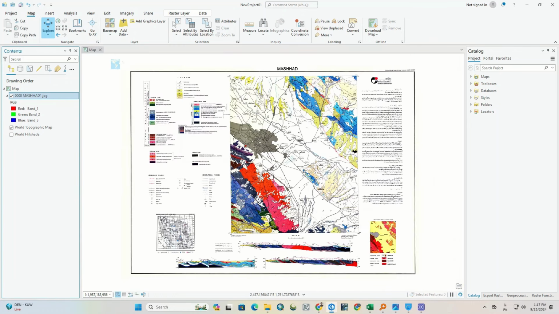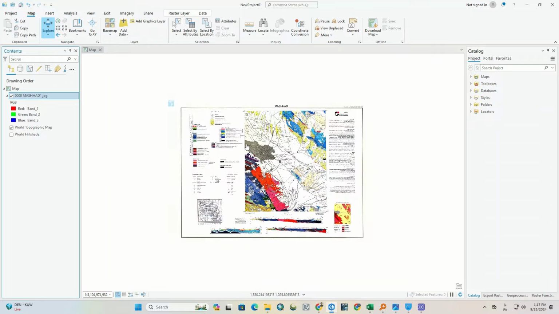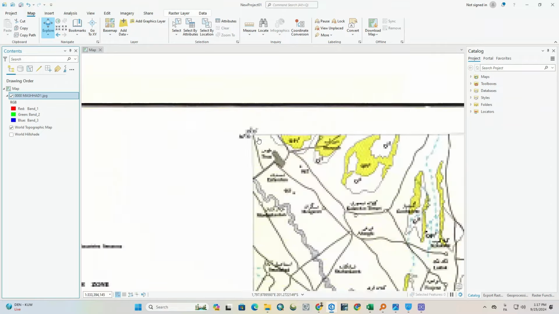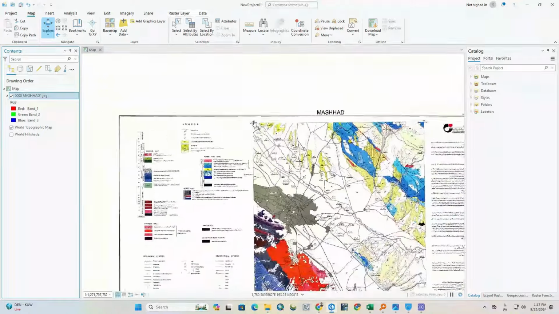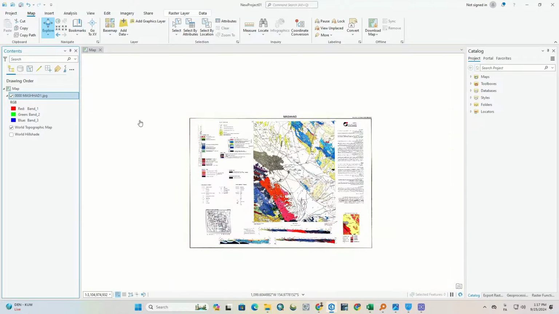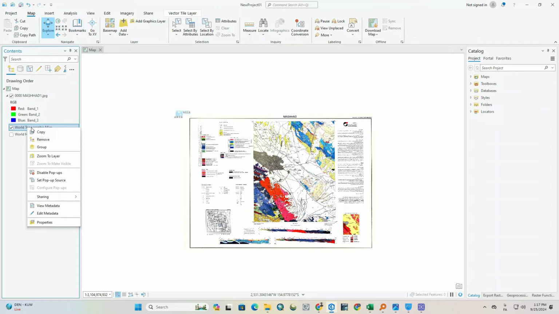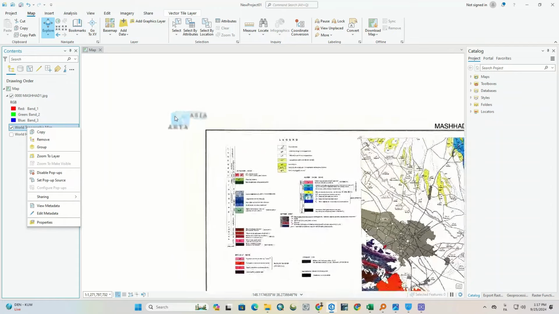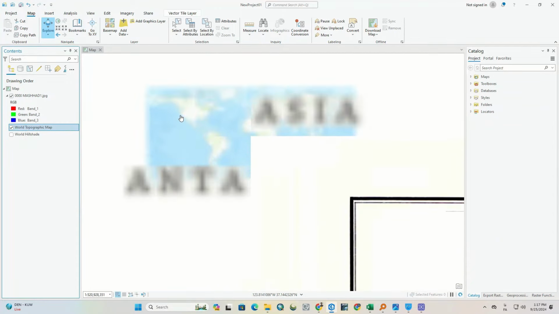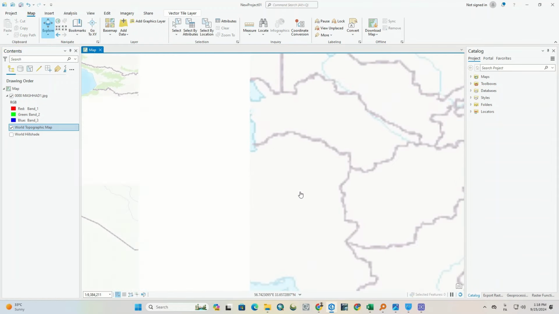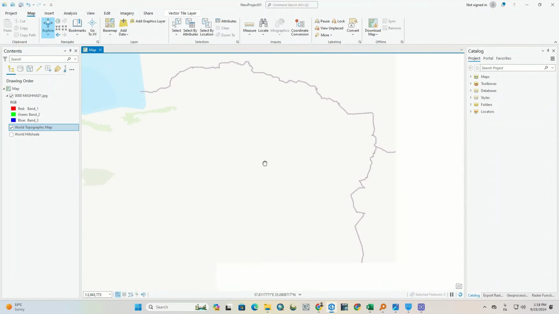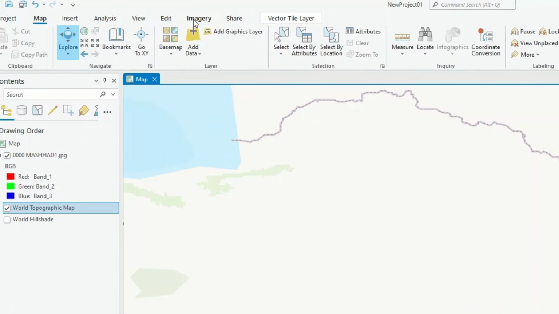Here we go. As you can see, the map doesn't have any coordinate system attached to it yet. Now, we'll roughly navigate to the area that map represents. You'll most likely know where your map belongs to and represents. It doesn't need to be accurate for sure. Even if you didn't know where your map belongs to, just simply go to the desired country and go to